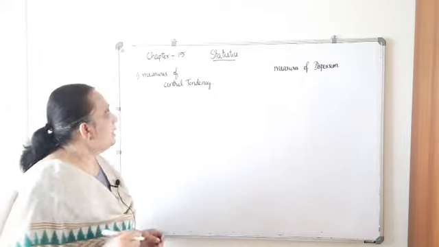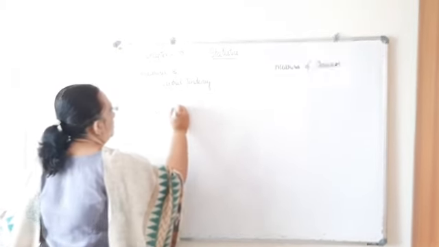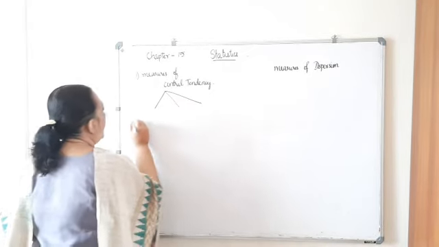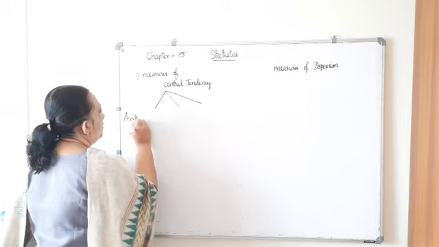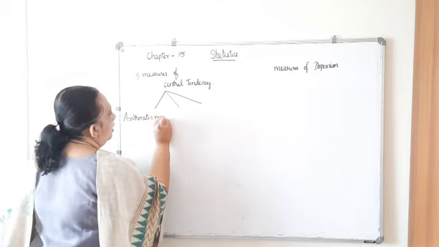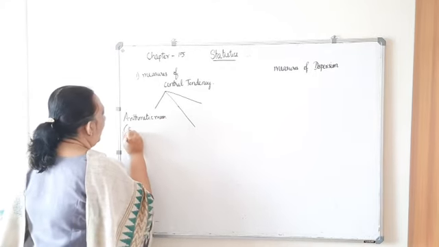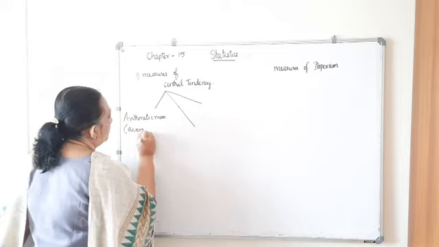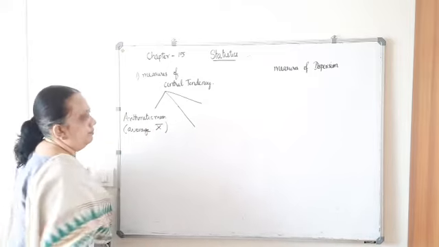In measures of central tendency, there are three types: the average or the arithmetic mean, or we call it the average,